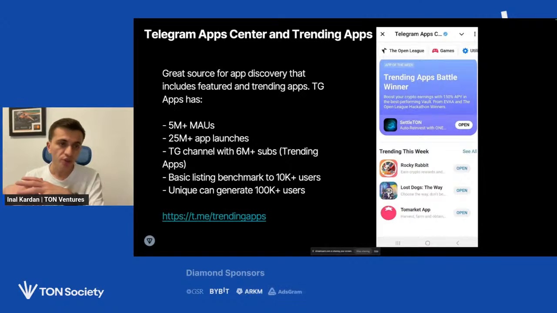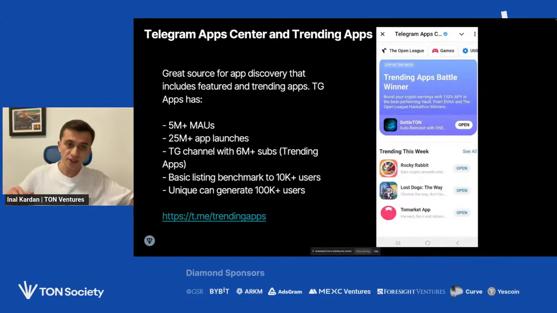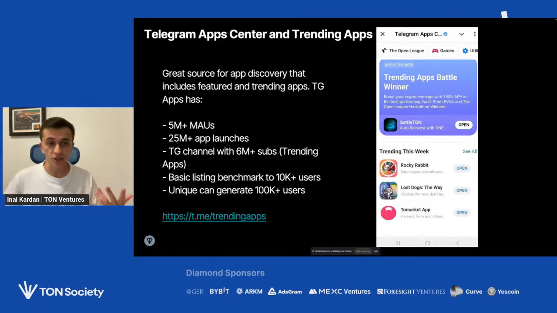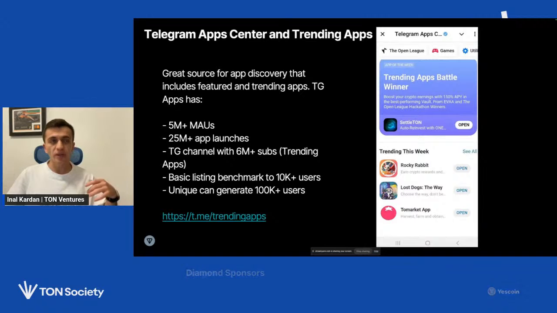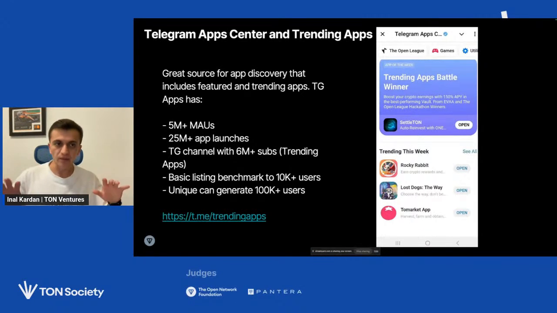So this is really good quality traffic from both Telegram App Center and the Trending Apps channel associated with Telegram App Center. So yeah, these are 4 main acquisition channels, how you can get users. Some of them are free, some of them are not. But you definitely have to try all of this.